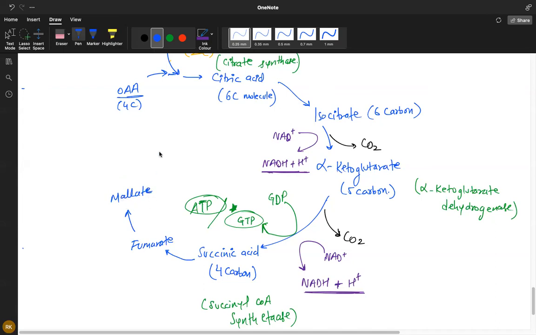Okay, now fumarate and malate both are 4 carbon molecules, just like succinic acid. It does not go beyond 4 carbon, does not reduce, because ultimately from malate you have to reach back to oxaloacetate, which is a 4 carbon. But what is the difference in all these 4 carbon molecules is what comes in and what goes out. So remember, in this step between succinic acid and malate, okay,